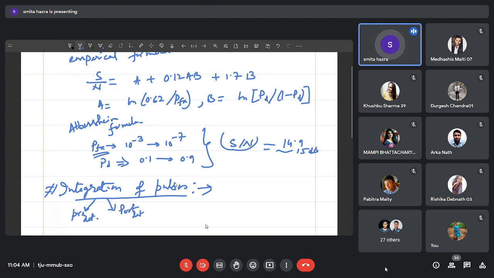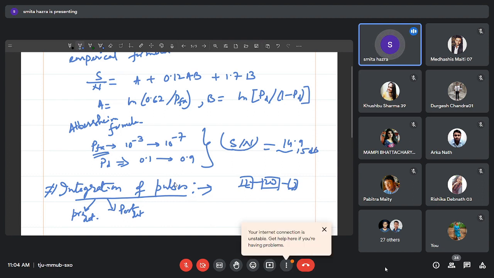Okay, and the classification, pre-detection or post-detection, is based on the location of the integrator. The sum-up procedure is either after the second detector or before the second detector. If it is before the second detector, then it is known as pre-detection. If it is after the second detector, then it is known as post-detection. Both the processes have some advantages and disadvantages. If it is pre-detection, that means if it is prior to the second detector, then all the phases